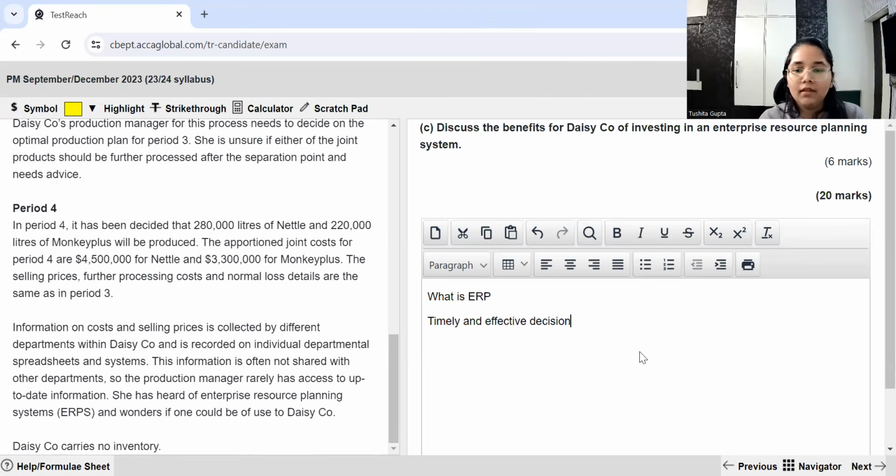So when the production manager will be able to see how much production is going on, how efficient this is, they will have all the data together in one place. So it will be easy for them to access the data at the right time, and because they will have the data at the right time, they will be able to take quicker decisions, which will lead to efficiency and effectiveness. So this is the first point. Then the next subheader that you can use is information